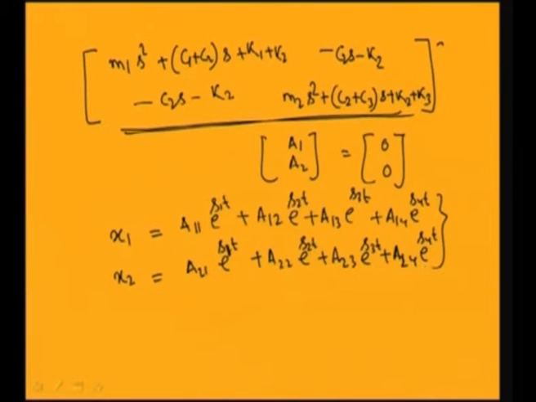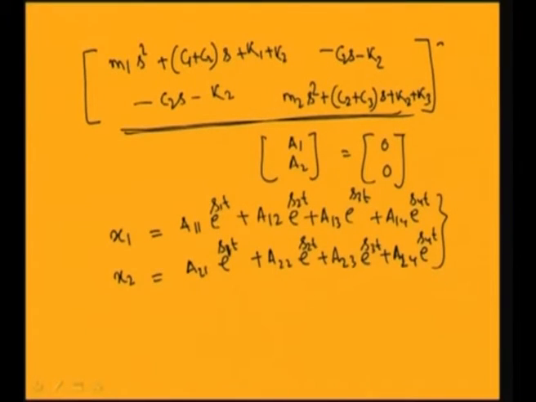So, you can obtain the solution of this damped free vibration system after finding these roots of this characteristic equation. So this is the characteristic equation which you got by finding the determinant of this matrix. So after finding this determinant, you can find 4 roots of this, and by substituting these roots you can find the equation in this form. So you can observe that out of these 4 roots, some roots may be real or some may be complex, or complex conjugates. So after finding these roots, you can find x1 and x2.